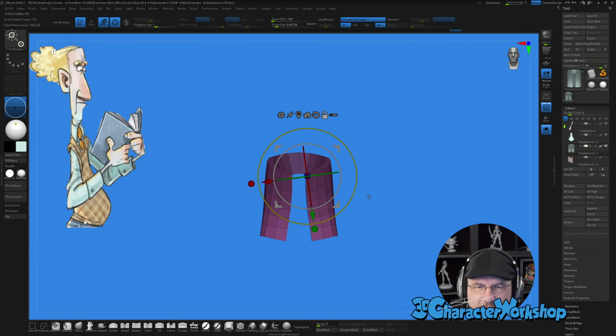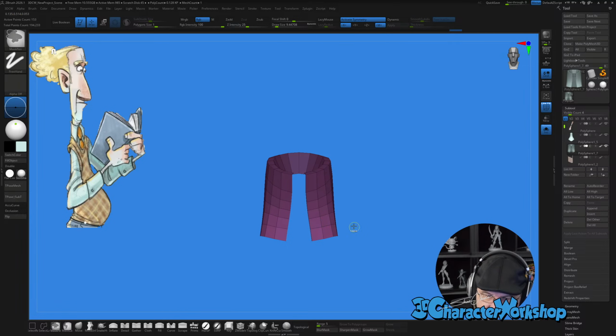I wonder when ZBrush will introduce some kind of AI autocorrection. Like what? So there's AI retopology stuff in the rumor mill, which sounds amazing if it works, you know? That's where AI should be. It's where it should be, right? Not, it's like don't do the art for us. Do the stupid retopology.